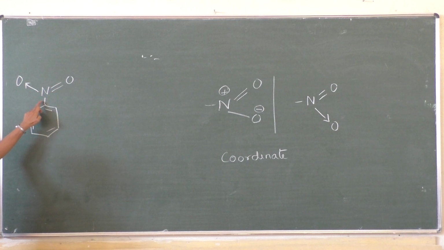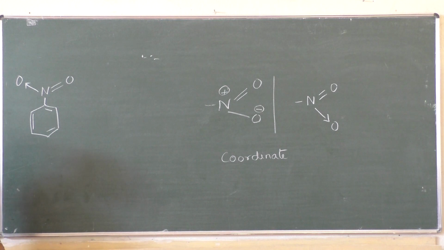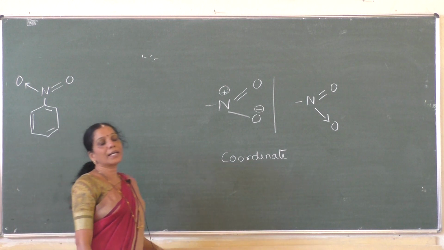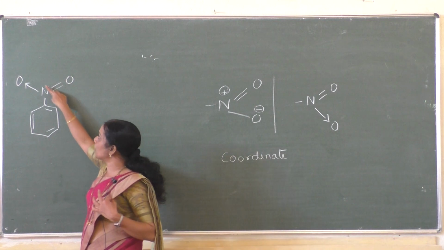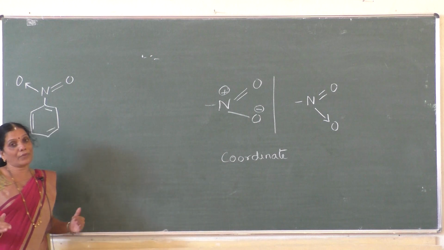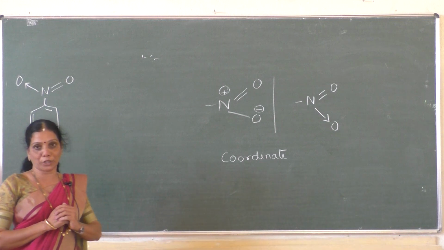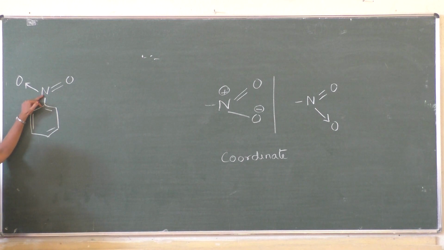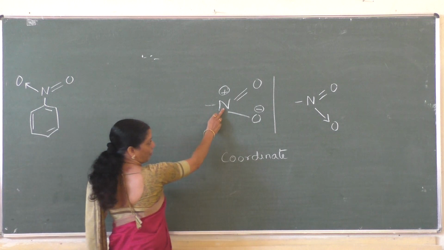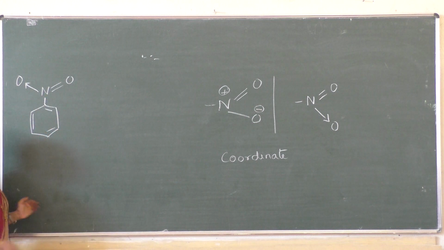Now here you can see this is a coordinate bond. Only 3 covalent bonds are formed with this nitrogen atom, and you can see here the nitrogen atom attached to the carbon atom of the benzene ring is in the state of electron deficient. This nitrogen, with the plus and minus coordination bond, is in the state of electron deficient. Anyway, we know that compared to carbon, the nitrogen atom is always highly electronegative. This highly electronegative element is in the state of electron deficient because of the formation of the coordinate bond, which means nitrogen readily withdraws the electron from the benzene ring.